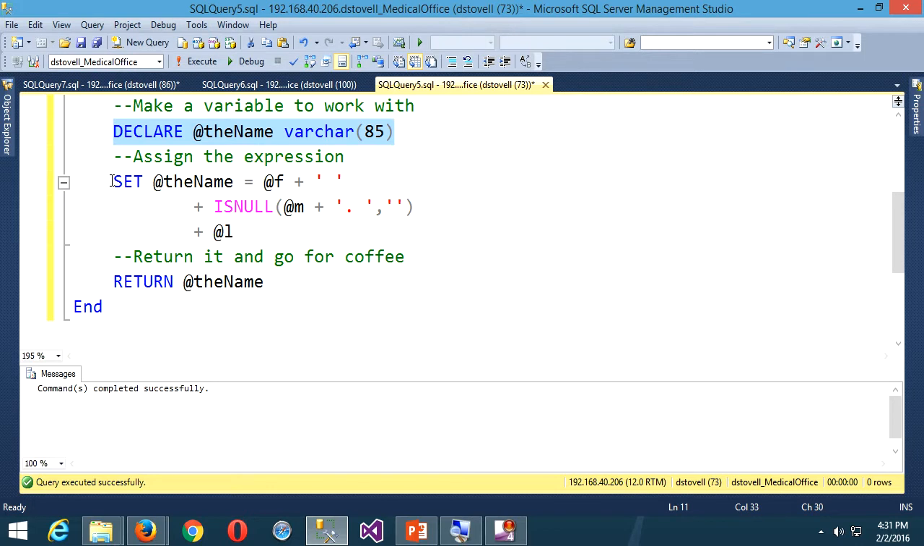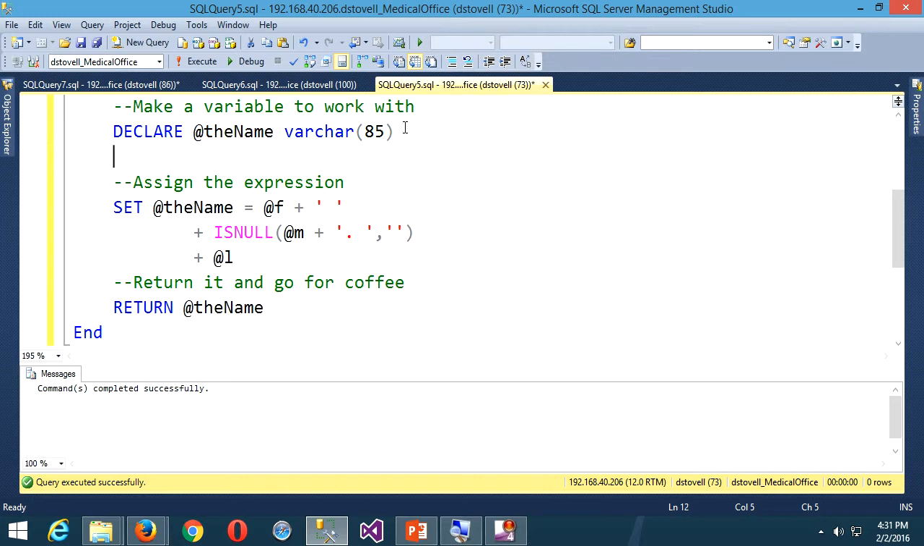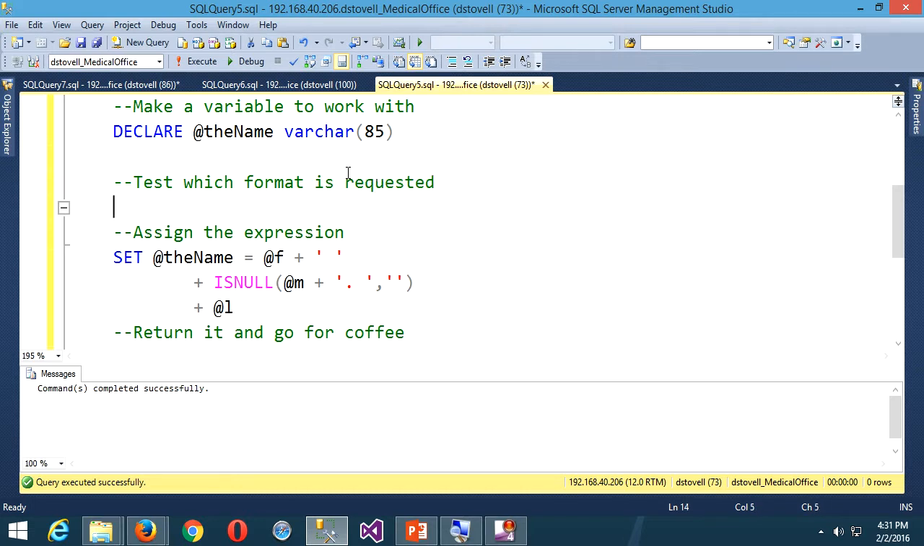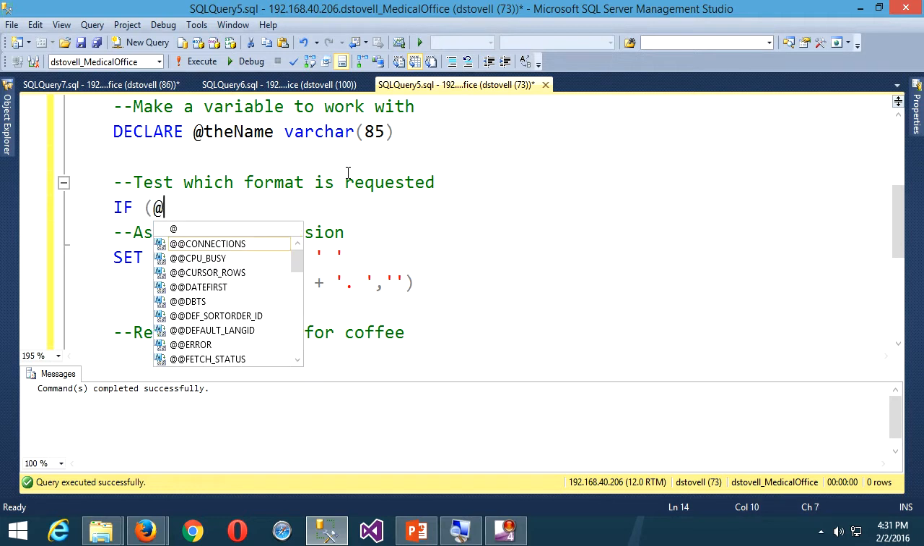But what I would do is I would have a decision structure. Instead of just simply assigning this, okay, I would decide whether or not am I going to stick with this formal name or am I going to go with a full name, right? So my comment, well, maybe I'll put a new comment here. Test which format is requested, right? So that'll be a simple if. So my @format